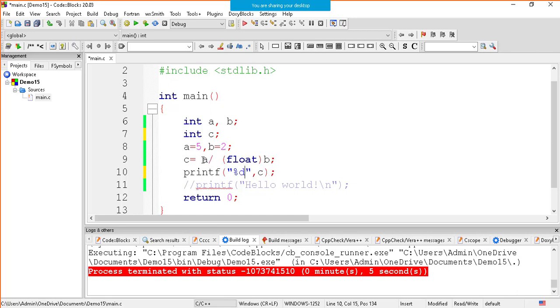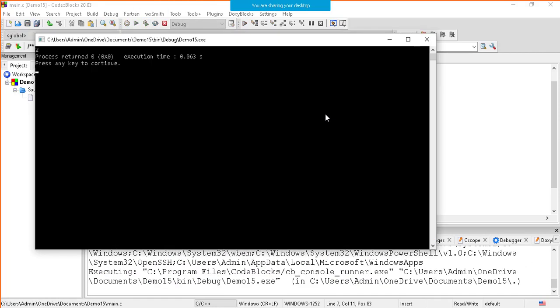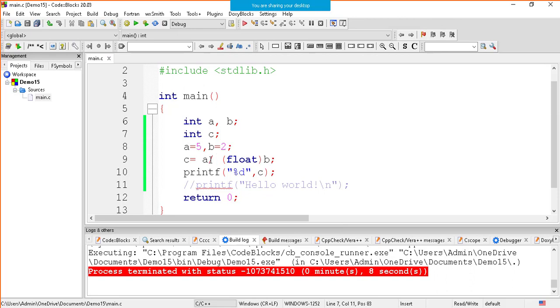So here on the right hand side your answer was 2.5, but when it goes inside the container, it gets truncated. If you try to put a television in a mobile box, you need to cut the television and make it equivalent to the size of the mobile phone. Then and only then can the television go into the box of the mobile phone. Same thing. So again the answer is going to be 2. On the right hand side it was 2.5, but on the left hand side it gets converted into 2.